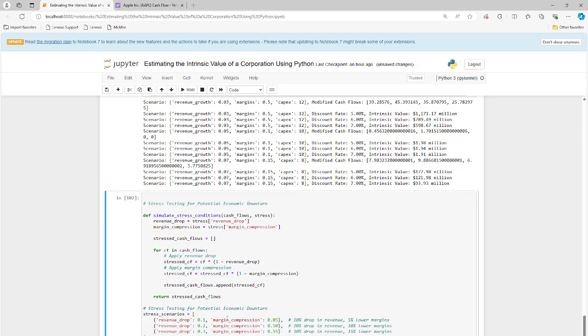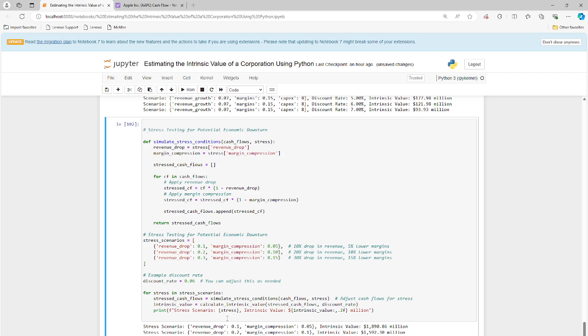So probably unlikely, but you can't say this can't happen, right? This is one potential scenario. You can have several different iterations of revenue drops. You can do 1, 2, 3, 4, 5, 6, 7, 8, 9, 10. Here I'm going in increments of 10, 10, 20, 30, and margin compressions going up 5% at a time. Again, this is a little bit arbitrary and subjective. It's up to you and what you want to look at, but I think this is a good starting point, definitely,